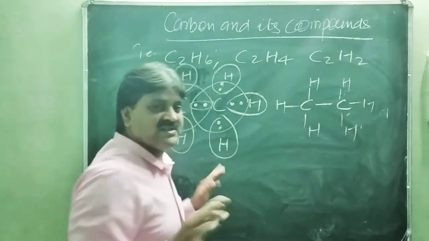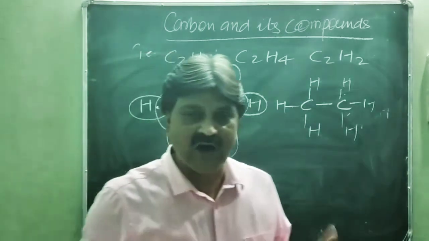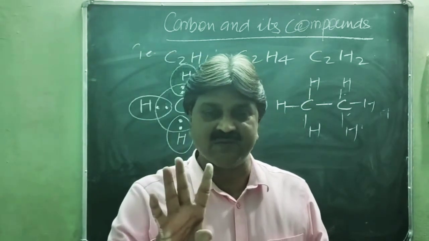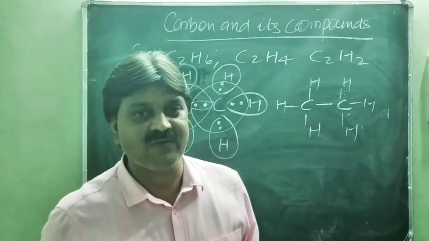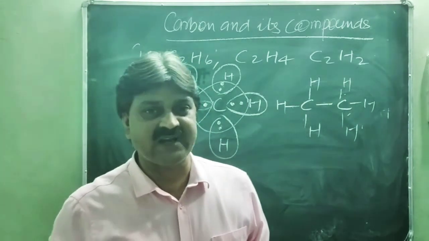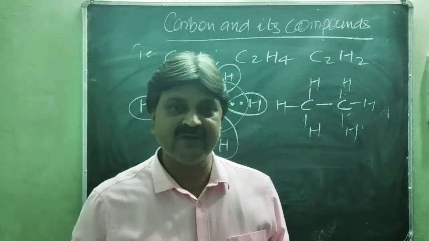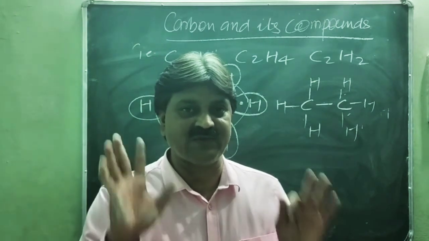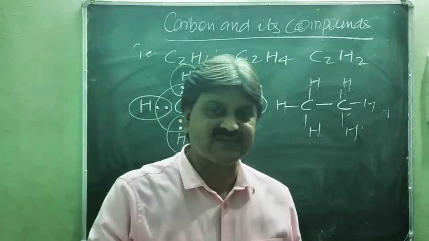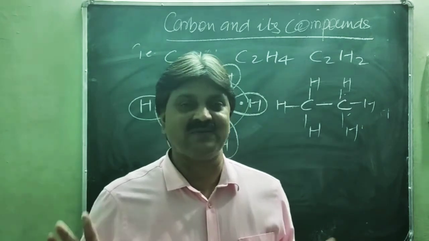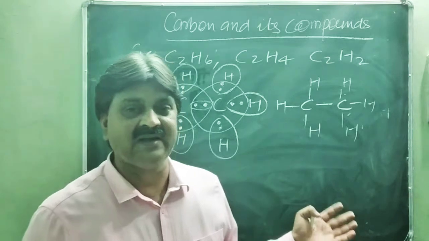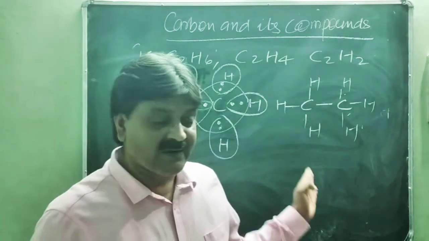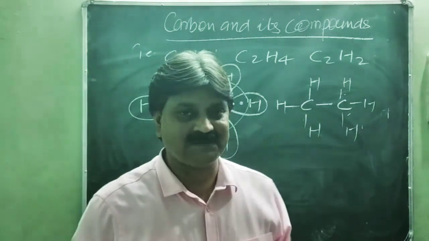So in every case, carbon must have 4 bonds, because it is a tetracovalent compound, tetrahedral. Why? Because in its outermost shell there are 4 electrons. So in any compound, carbon must have 4 bonds, either in the form of single, double or triple bonds. So you can check yourself whether the given or formulated structure is right or wrong.